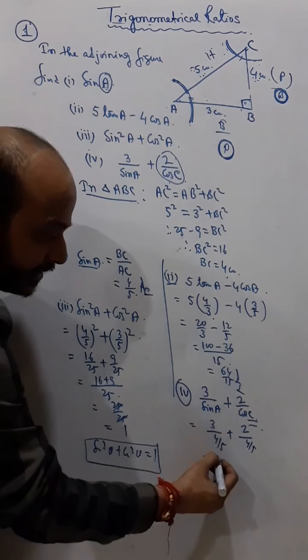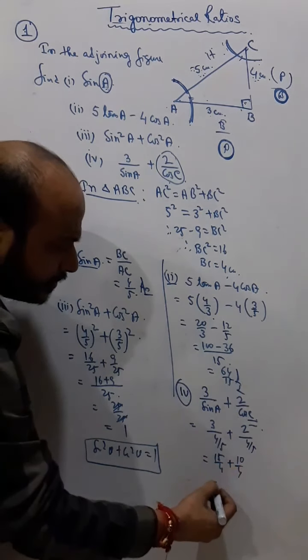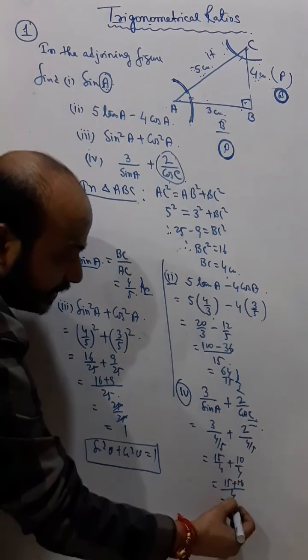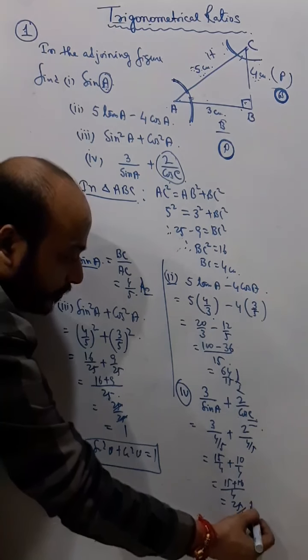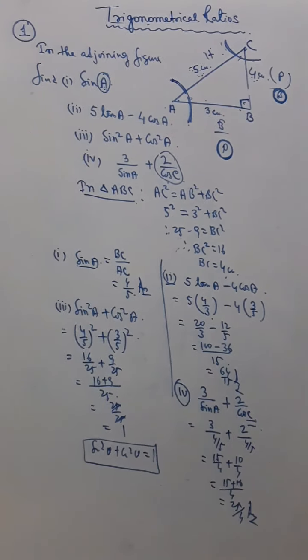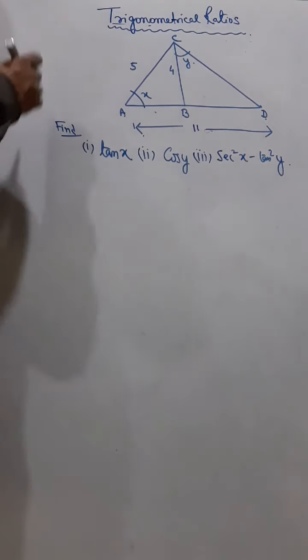So what I am getting here? 15 by 4 plus 10 by 4, and now simplify 4 and then 15 plus 10, I get 25 by 4, and that is the answer. Okay, understand? So copy this sum. Okay. Now see, in this sum they told,